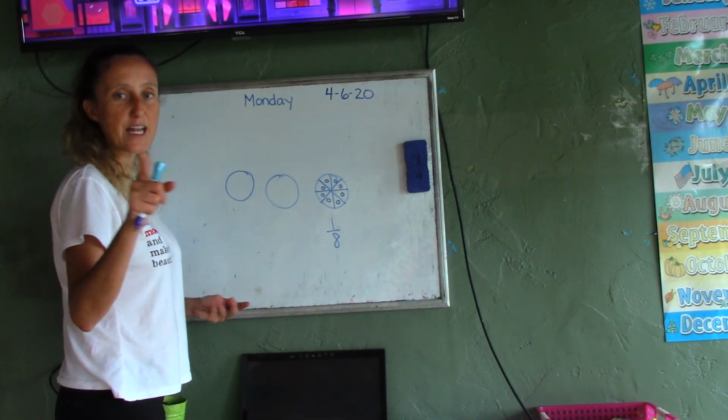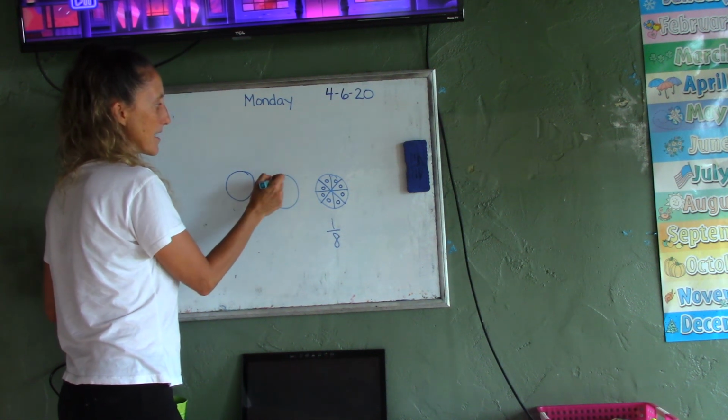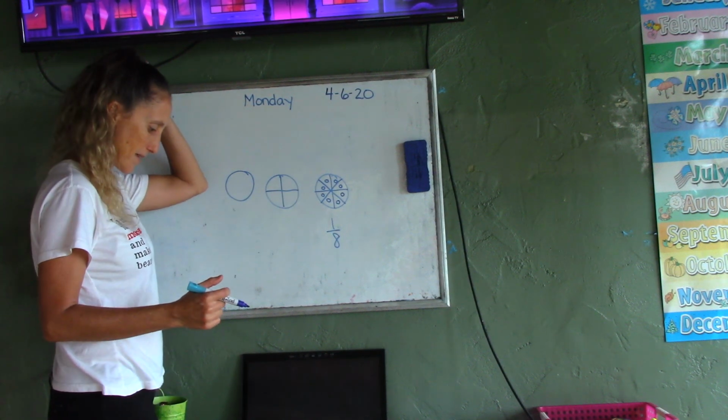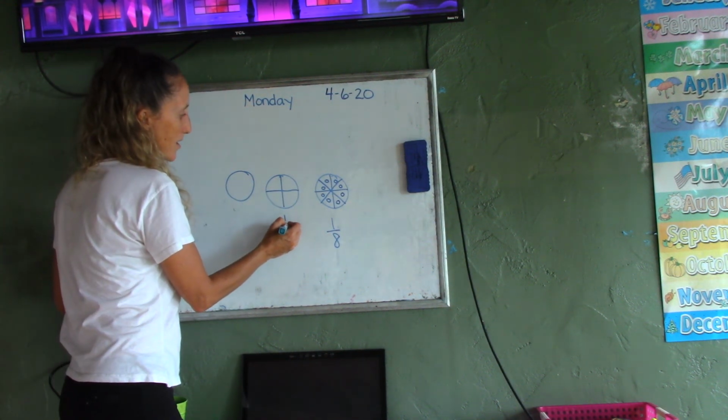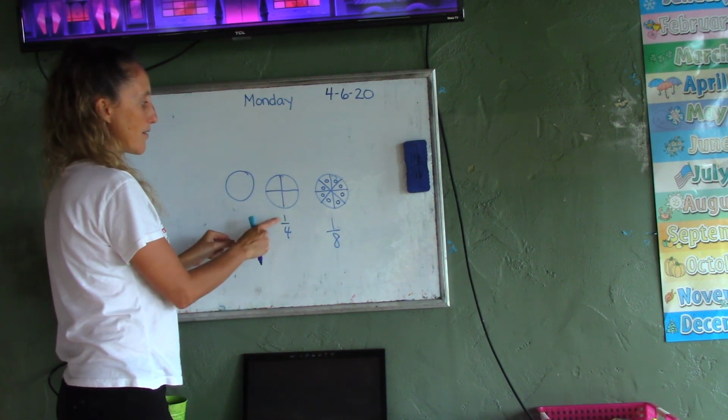Now what if I divide this pizza into 4 pieces? Because some people like bigger pieces, right? And I want to, so then that way if someone took 1 piece from here, they would eat 1 out